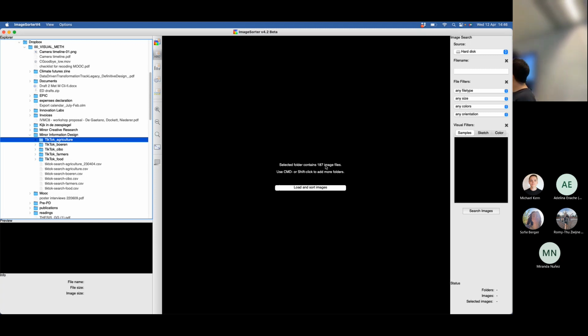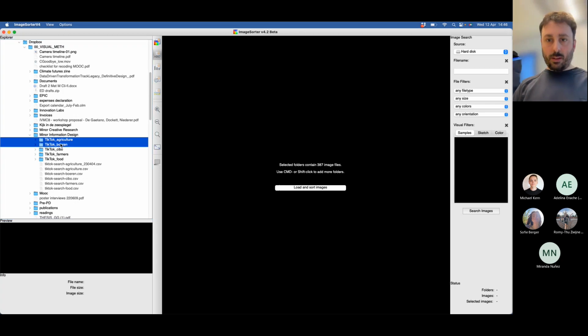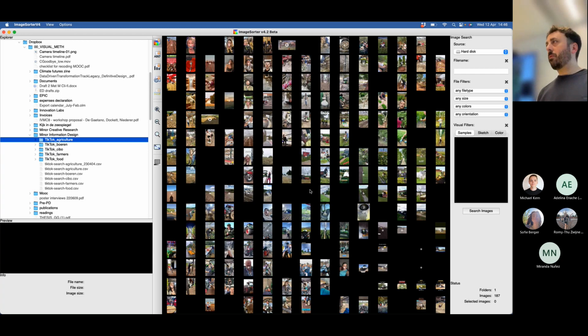You can also select multiple folders at once, and it will add them. So if you have two queries and want to visualize the two different queries in two folders together, you can Command or Shift click to select more than one. Let's start with one. Once you click load and sort images, it will be very quick in loading